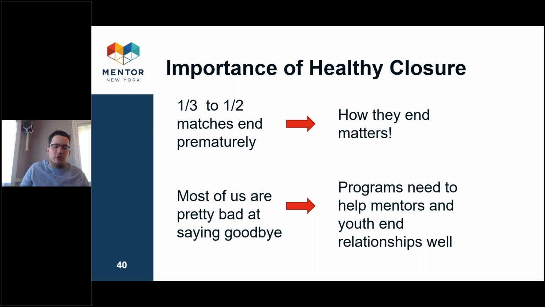But if you're a young person who's had those relationships ending be traumatic experiences, you're not going to see that as something that's okay and normal and healthy. And so the mentoring relationship is a great opportunity for us to get in there and provide some of that support and some of that feedback. And most of us are pretty bad at saying goodbye. People are not good at it. I think as humans, generally speaking, we find goodbyes pretty awkward. And so as the program staff and coordinator, we want to make sure we're giving the mentors the tools, language, and skills they need to say goodbye